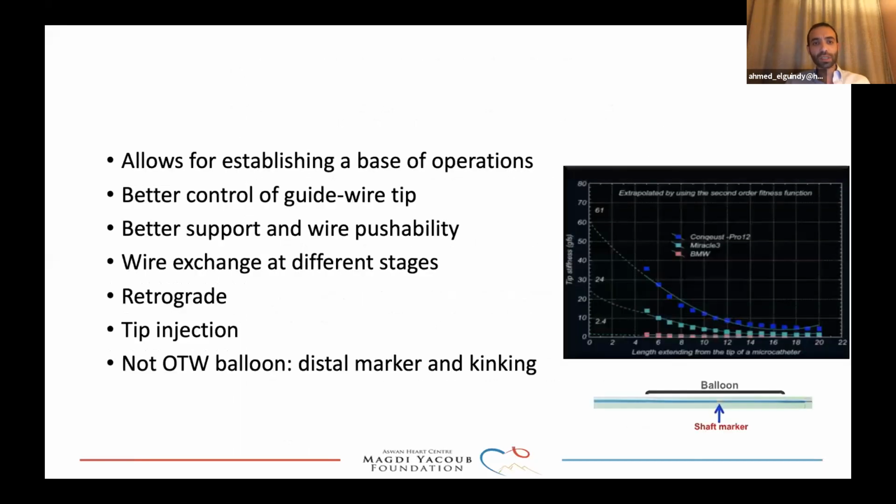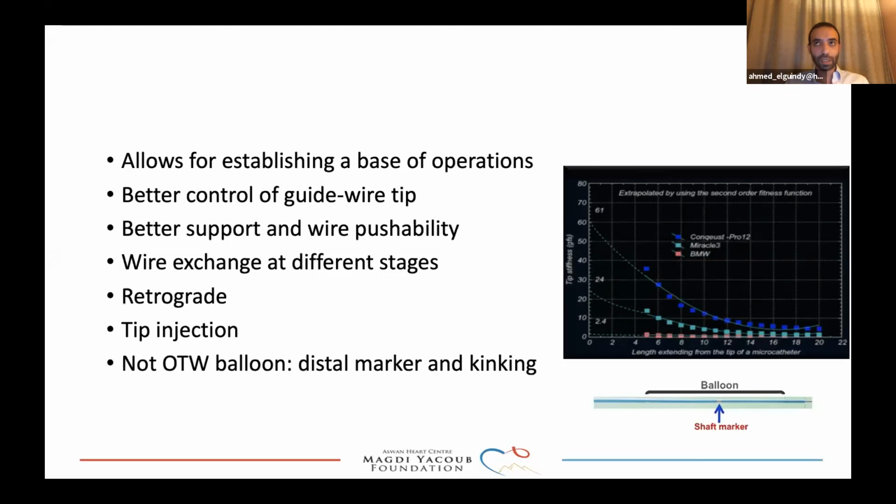And we now understand that using a microcatheter allows for establishing the base of operations. One of the very quick things you can use to determine whether someone has not really been trained for CTO PCI is seeing them handle a Gaia Second or a Pilot 200 without the microcatheter. So these are fundamental components which show that you really know how this should be done, but also increase your